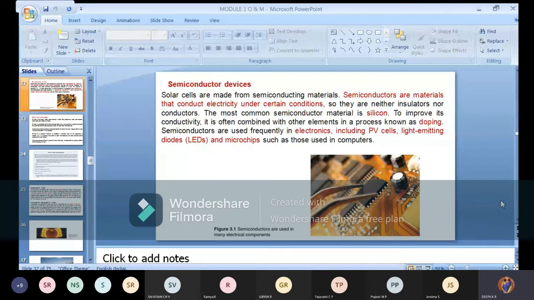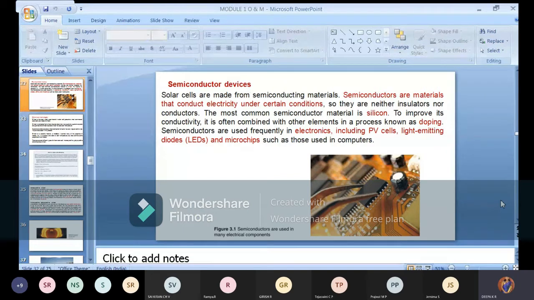Of course, doping, you know that, because if you get any crude oil or pure form of an ore, I cannot use that. Then the ore will be extracted. From there, you are extracting iron, copper, gold, whatever it is. So whatever you are getting first is not so efficient. Or else, in your electromagnetic system, whatever magnet we get from the earth is not so strong to implement in your motors. You have to artificially make that magnet stronger to use it in your machines. In the same way here, an individual semiconductor will not give the complete output, so you go for doping.